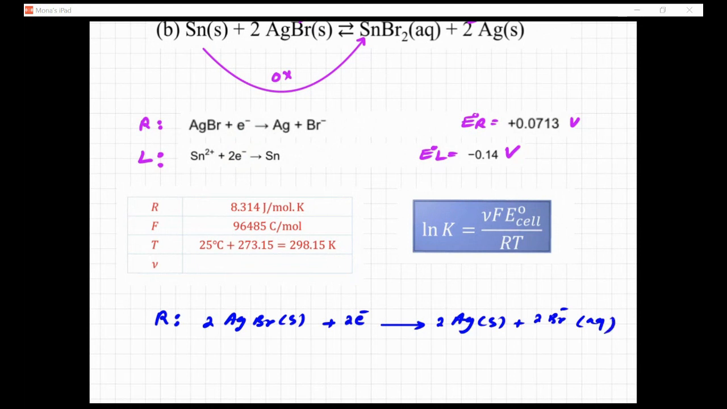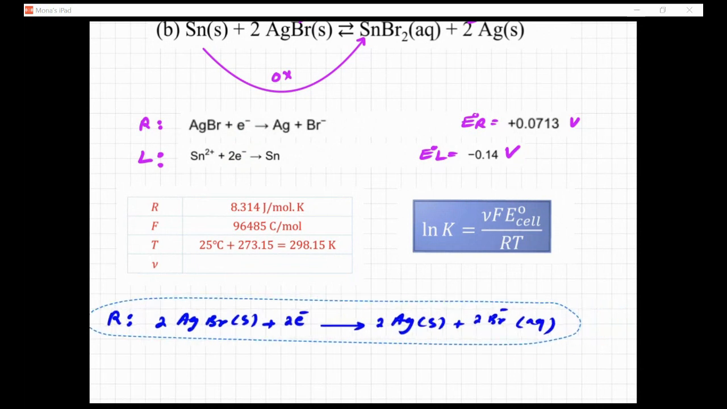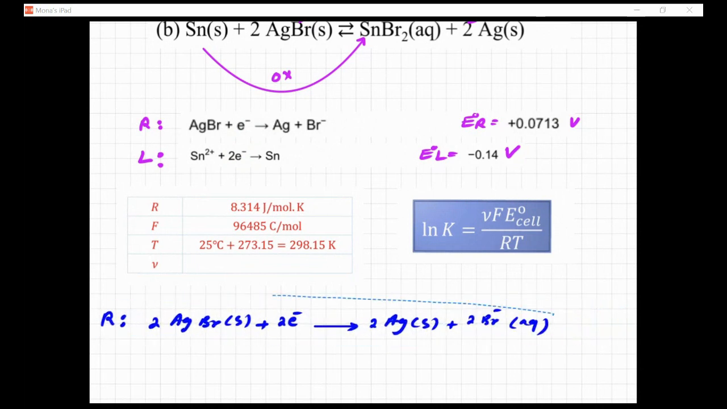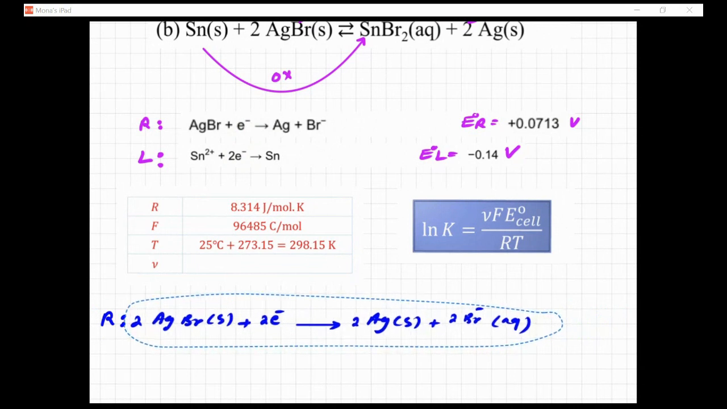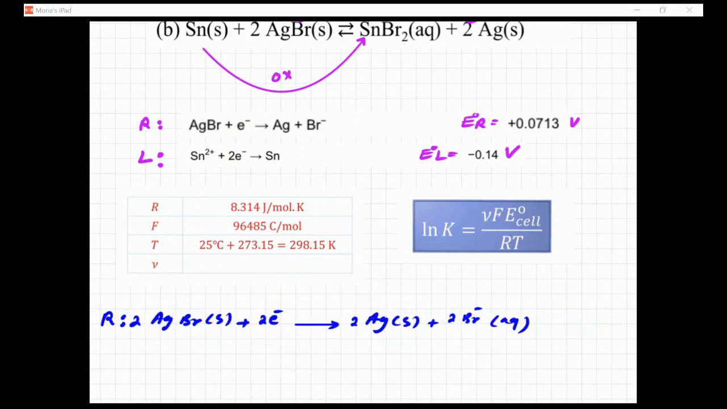And of course, this reaction is having a reduction half reaction potential, which from the table we got, it is equal to plus 0.1073 volt. This is what we got from the table. So when we look at the,